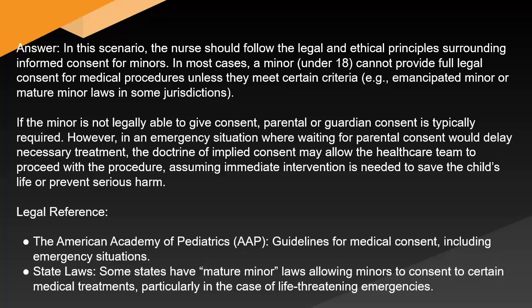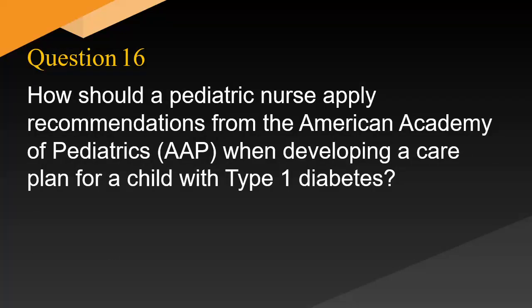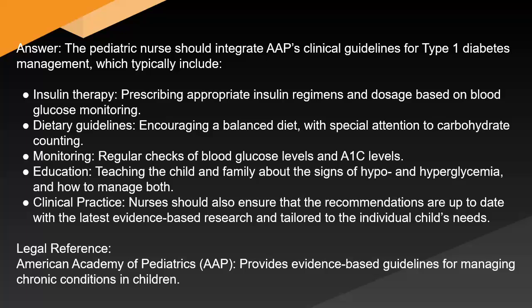Some states have mature minor laws allowing minors to consent to certain medical treatments, particularly in the case of life-threatening emergencies. How should a pediatric nurse apply recommendations from the American Academy of Pediatrics when developing a care plan for a child with type 1 diabetes? Answer: the pediatric nurse should integrate AAP clinical guidelines for type 1 diabetes management, which typically include insulin therapy, prescribing